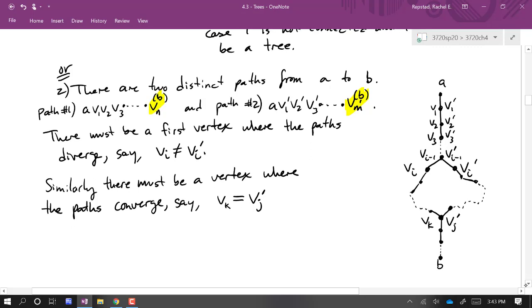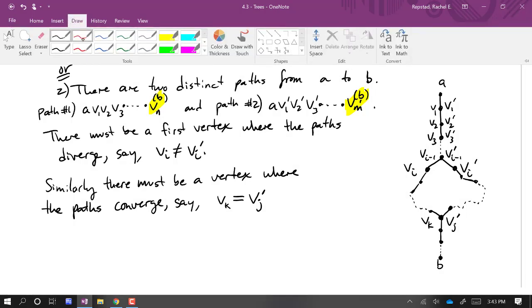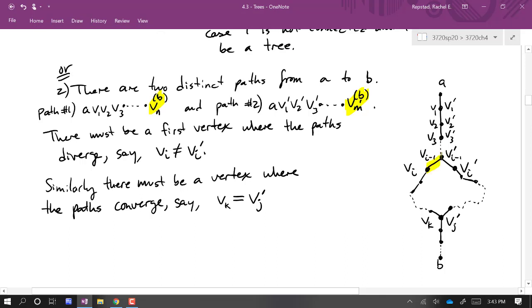So maybe you see it already. It's especially salient if you look at the sketch, at the diagram, at the graph. If we have two different ways to get from A to B, there's a vertex in which they first disagree, and then there's a vertex where they agree again, so they converge again. So the paths diverge and then they converge, and that means that what we know must exist in the middle of this graph is a cycle. So let's write it down.